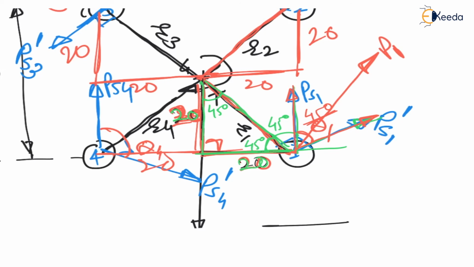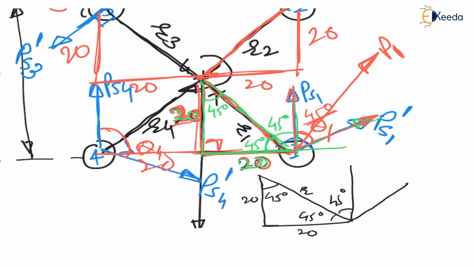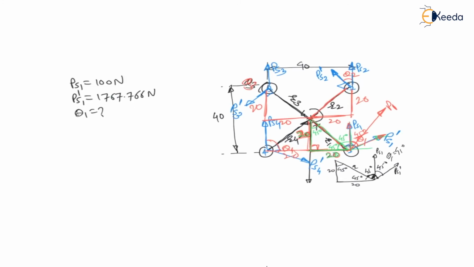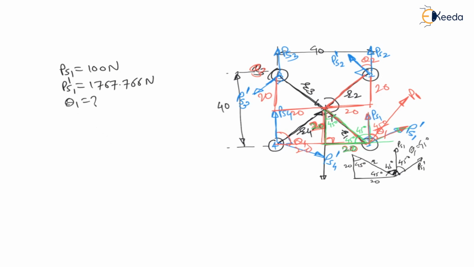See, there is a triangle. For this triangle given here, this is radius R. This angle is 45 degree because this is 20 and this is 20. Therefore, with vertical, the angle must be 45 degree. Now, for the radius, if I draw a perpendicular, this line is perpendicular to the radius, right? Which is nothing but PS1 dash, and this is PS1. Now, as this is perpendicular to the radius, already 45 is subtracted. Therefore, this will remain 45 degree. Therefore, theta 1 is equal to 45 degree. We can say, therefore, put this theta 1 is equal to 45 degree in the equation. Therefore, we have calculated theta 1, which is nothing but 45 degree.